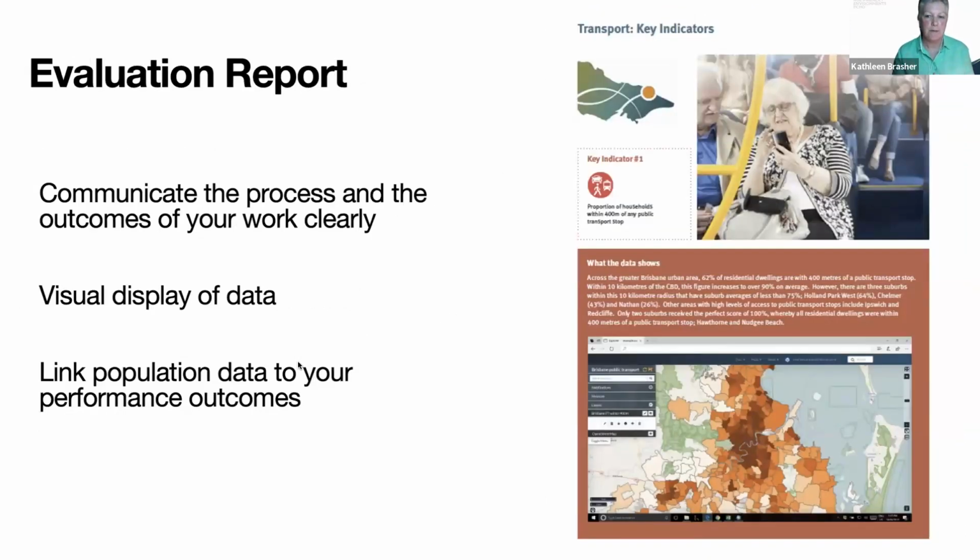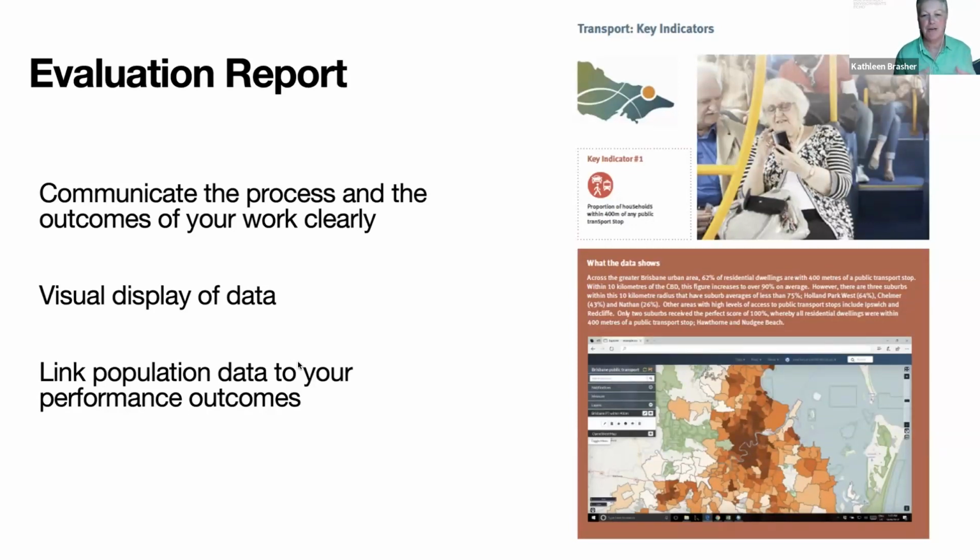There are numerous examples in the Global Network database of evaluation reports, so you can really look at a broad section of how communities around the globe report on their work. Communicating both the process and the outcomes is really, really important. If you've got measurable data, then you can visually display that data in really interesting ways. That enables you to link the big picture of your vision to the smaller steps that you're taking towards that vision. And if you didn't set indicators at the beginning of your work, you can still consider this now as part of that story.